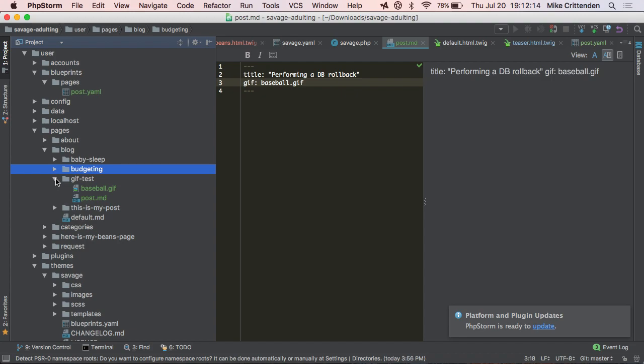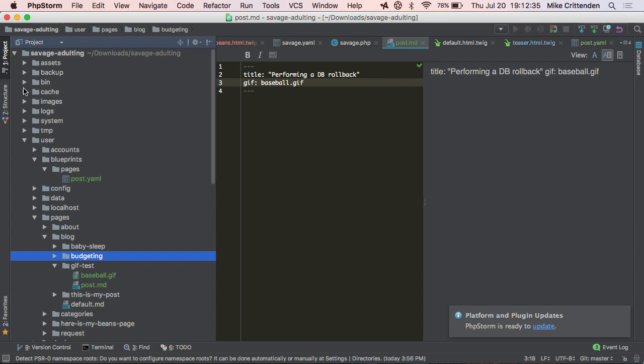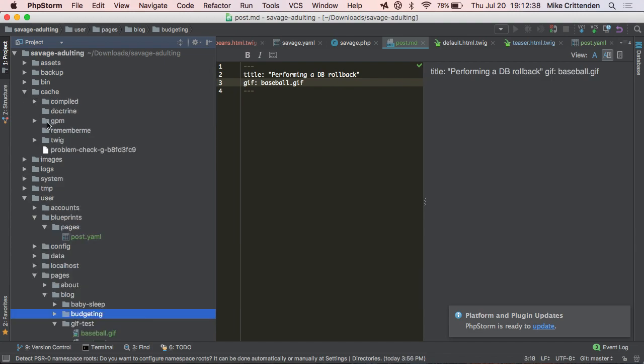Yeah, good question. Performance in general is an issue for people, because if you have 1,000 pages, you don't want to parse 1,000 markdown files on every page request just to figure out how to build the menu. The Grav caching system does a really good job of that. It has a cache internally, an internal index of all the slugs, and it keeps track that these 999 files haven't updated since the last time I built the cache, but this one has, so I need to rebuild for that one.